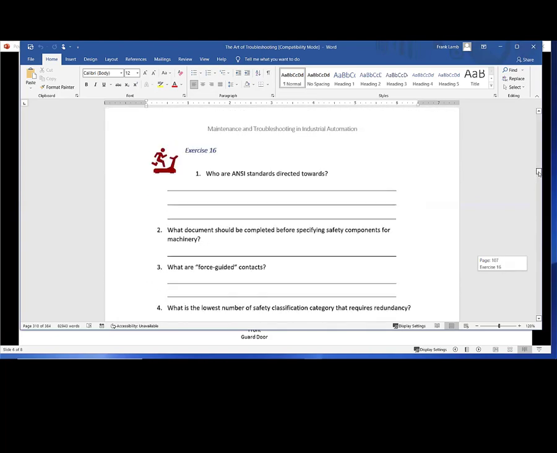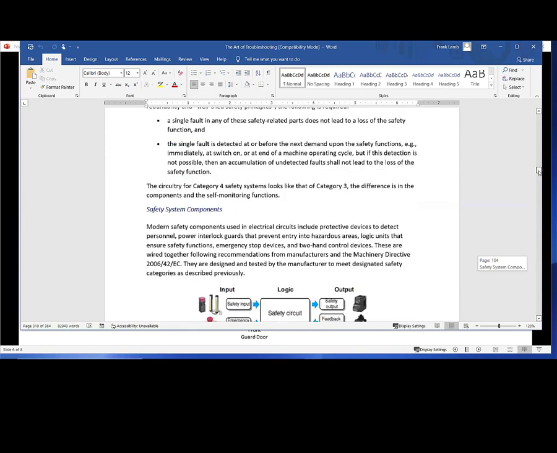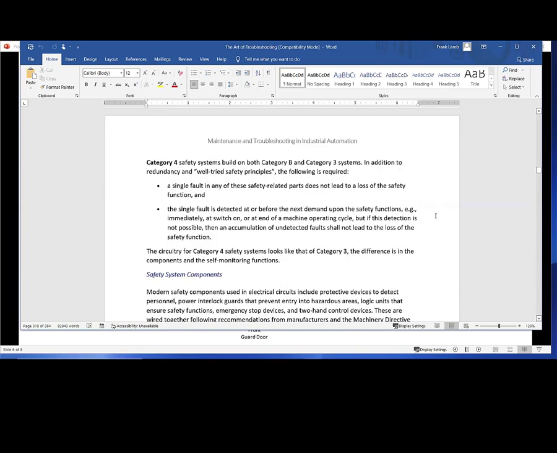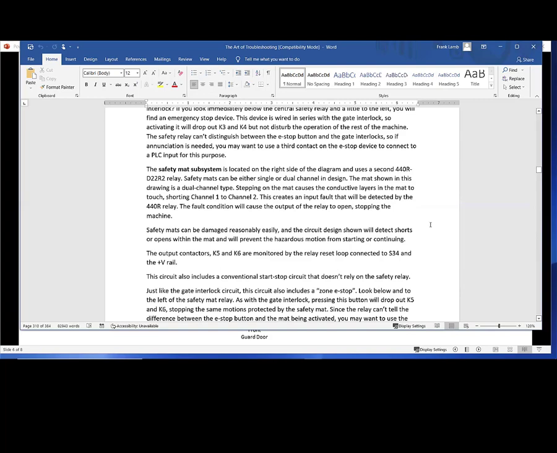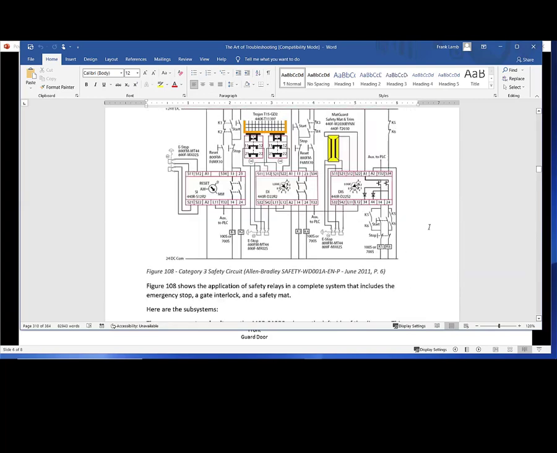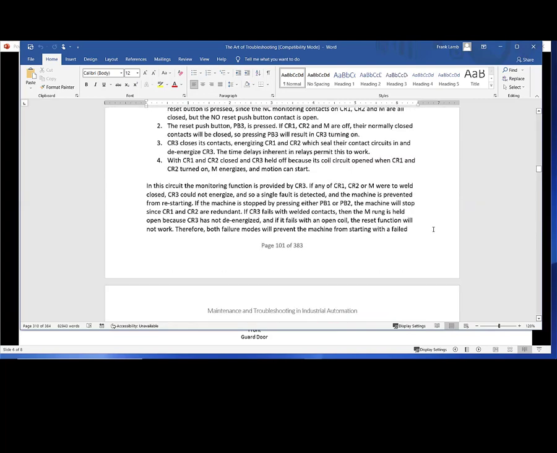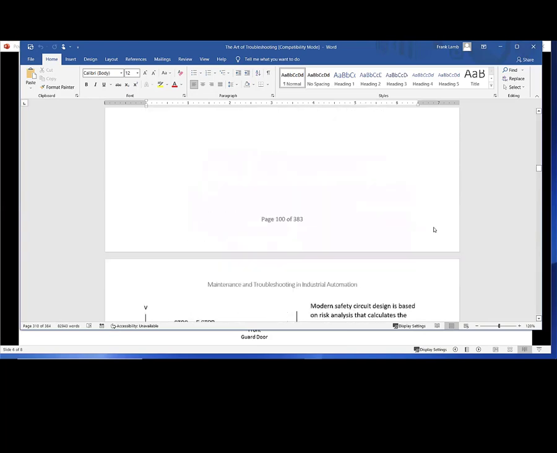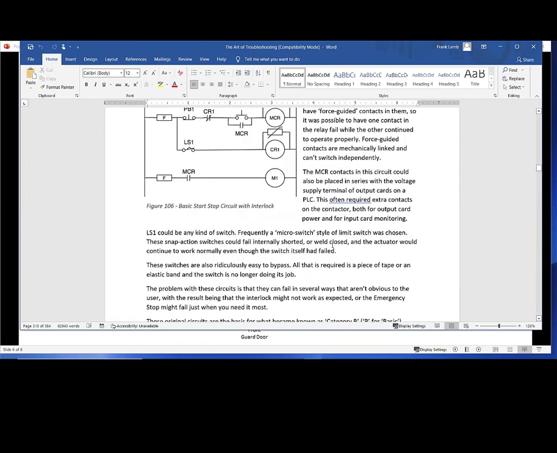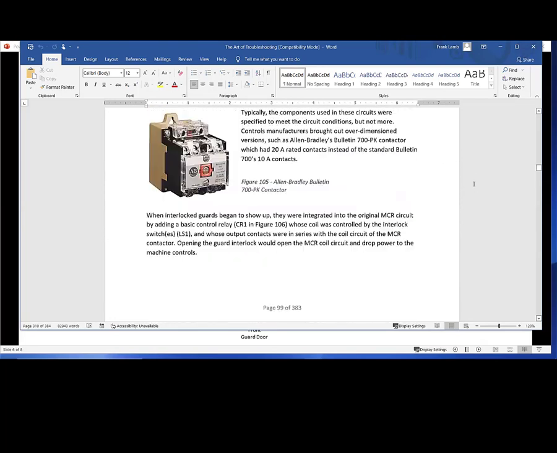Variable frequency drives. There we go. There's the safety systems. This is kind of what I was looking for. Category 3, category 2, safety, PLR categories. This is by no means a full description of how these safety systems work, but it does give people